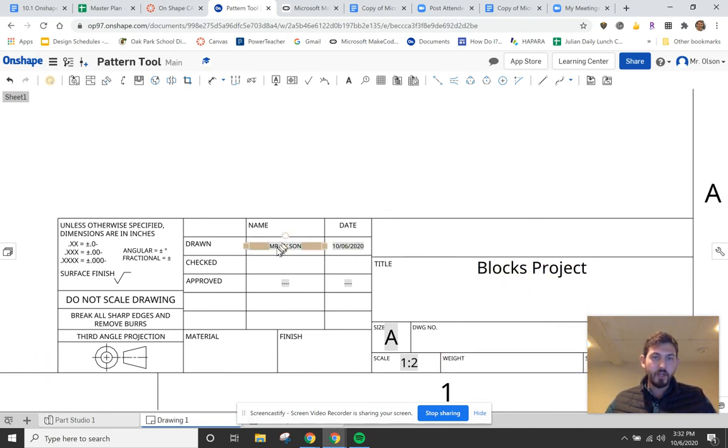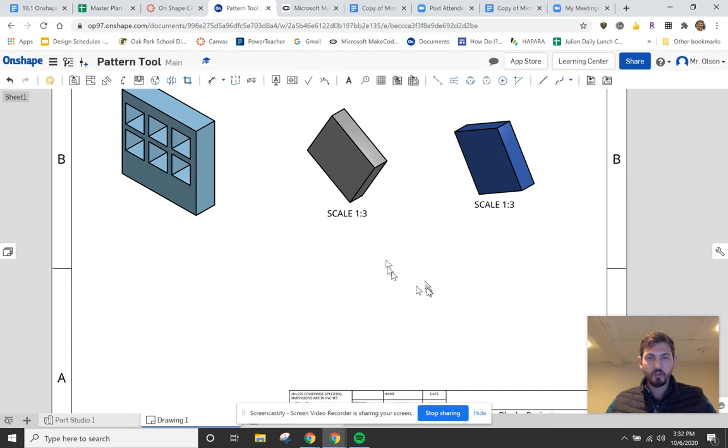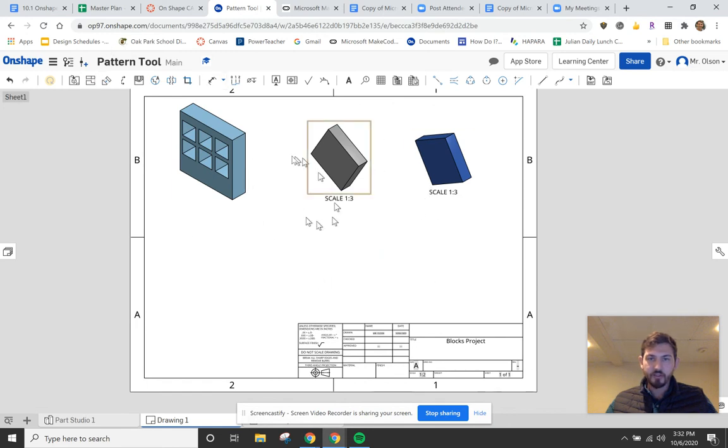Okay. So make sure that your name is here. Make sure that the date's in there and the title of the project is in here. Okay. Those are the things that I'm going to be looking for. Notice the scale 1 to 2, that's the automatic scale that it gives it. So I know that this is 1 to 2. If you change the scale, it's going to mention that in there. Okay, so when you have all this, when you insert that all and you're done,